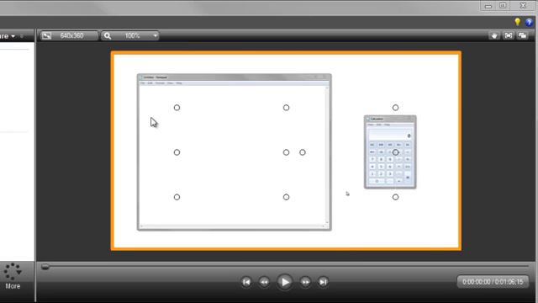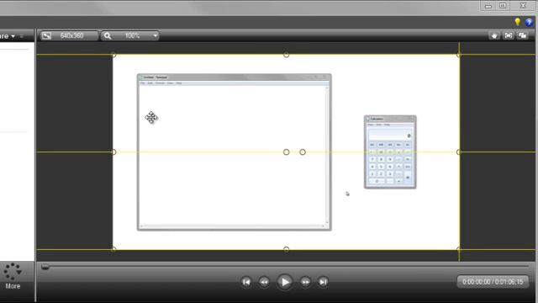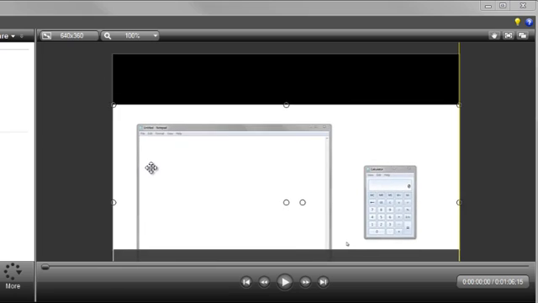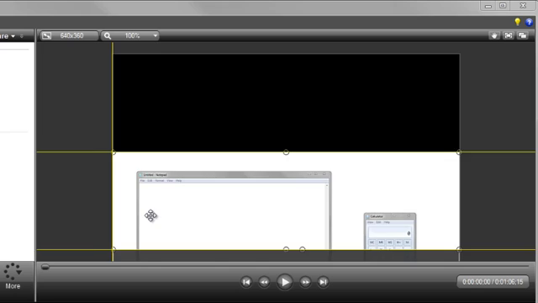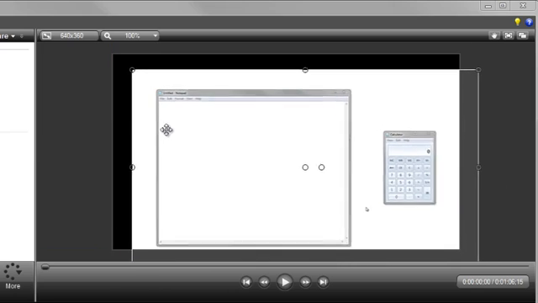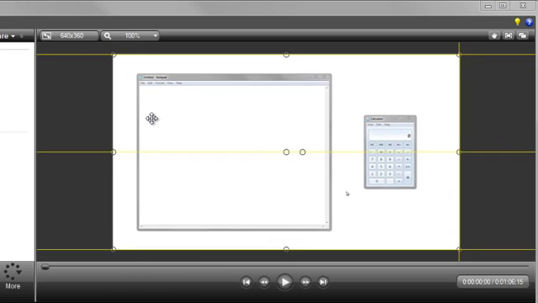Right now, the video fills the entire playback window. If you click and hold on top of the video, you'll see some yellow grid lines. You can drag the video and position it wherever you want, and the grid lines help snap your video to specific areas or quadrants. If you'd like to resize your recording to be smaller or larger within your final video,